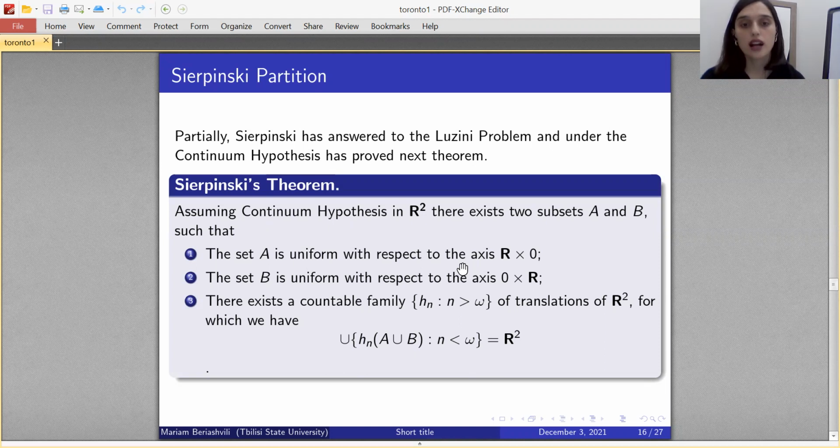Then there exists a countable family of vectors of translations of the plane, for which the union of these translations covers the whole plane. It was partial because he assumed the continuum hypothesis, but in the frame of ZFC, without the continuum hypothesis, it was proved by Davies in 1963 that